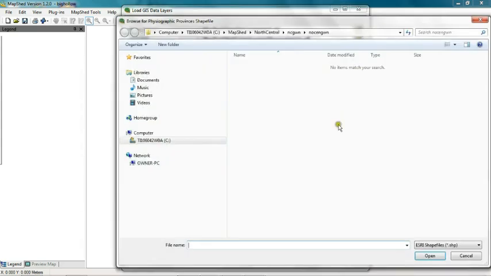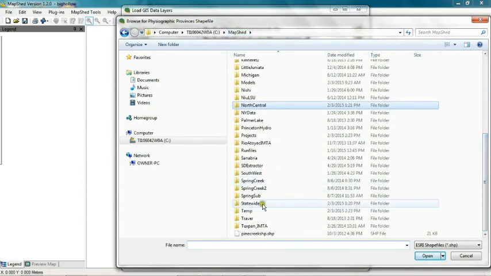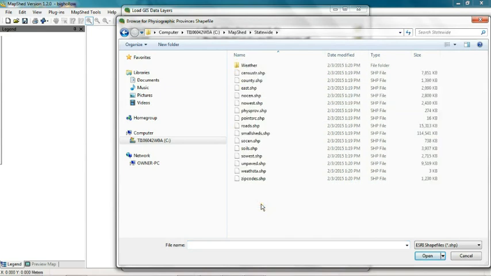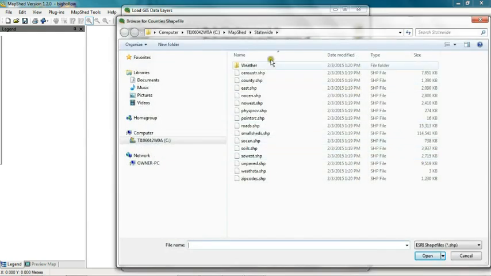Physiographic provinces. This will be located in the statewide folder. So we go to MapShed, and then to statewide. And again, we're looking for the physiographic provinces, and that is in something called PhysProv. Double click on that. Septic systems we will not load because in the newest version of MapShed we estimate septic system populations using the land use cover layer, so we do not load that. We will load a counties layer. Again, that's in statewide, something called county,